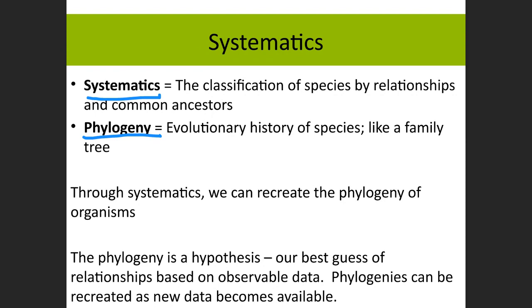So this phylogeny is a hypothesis. It is our best guess of the relationships among species. And they can be changed, right? We get more DNA data, we may change our phylogeny. So if I'm going to get a blank whiteboard here. When I say this is a hypothesis of relationships and of history, the reason is, if we are drawing it,